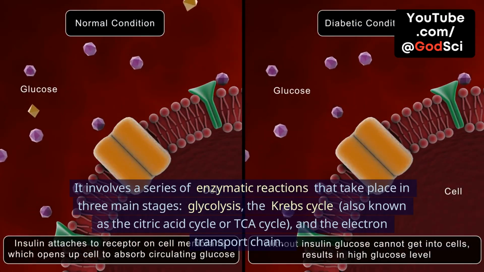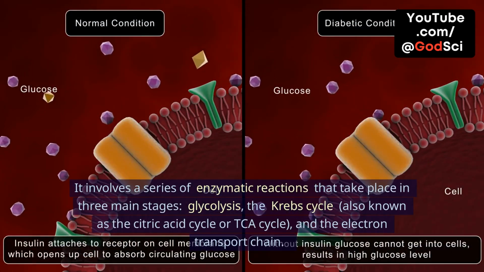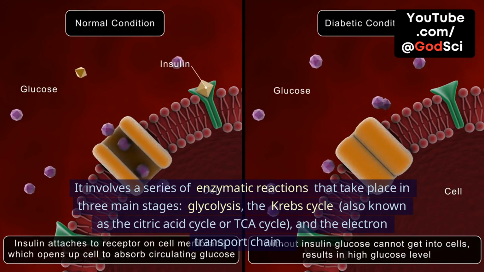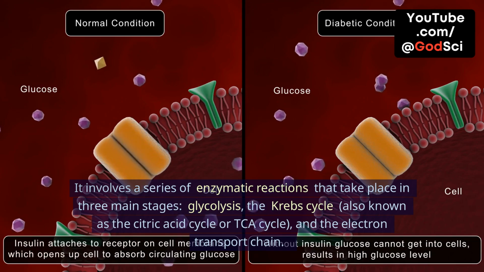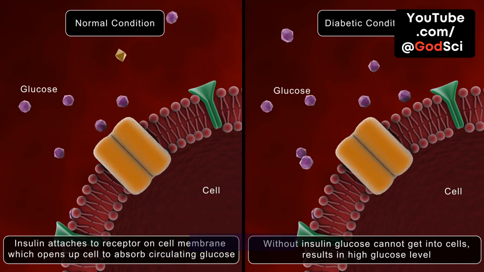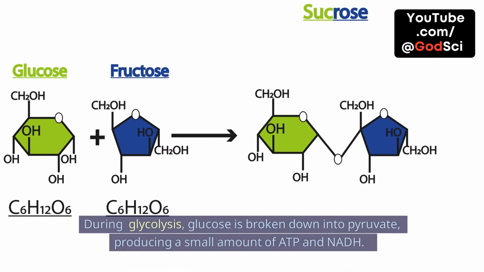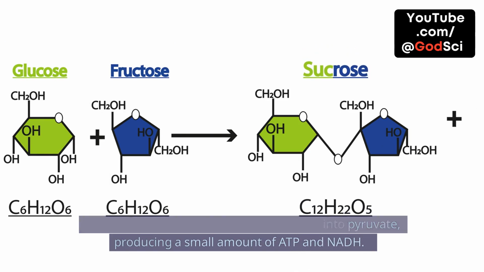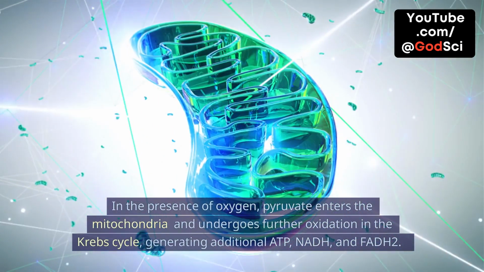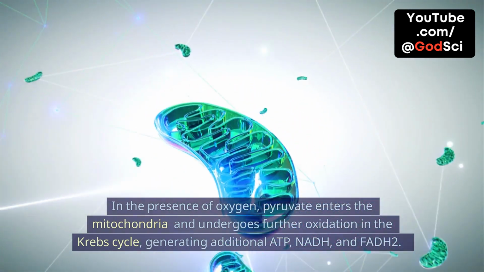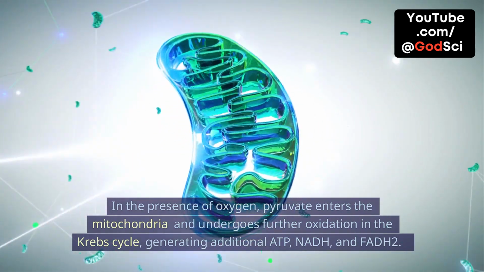It involves a series of enzymatic reactions that take place in three main stages: glycolysis, the Krebs cycle, also known as the citric acid cycle or TCA cycle, and the electron transport chain. During glycolysis, glucose is broken down into pyruvate, producing a small amount of ATP and NADH. In the presence of oxygen, pyruvate enters the mitochondria and undergoes further oxidation in the Krebs cycle, generating additional ATP,